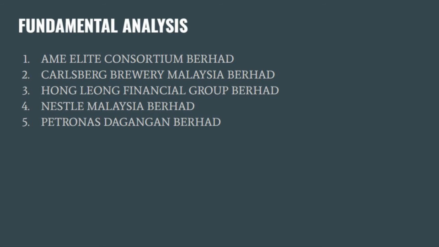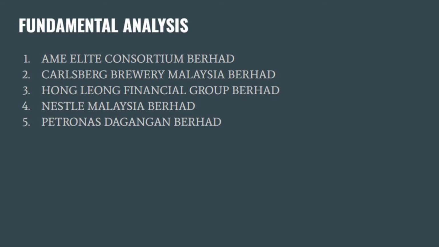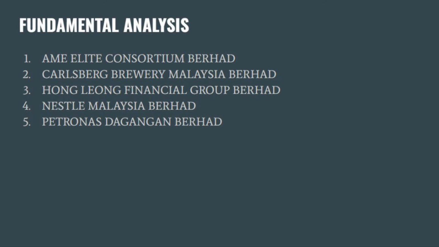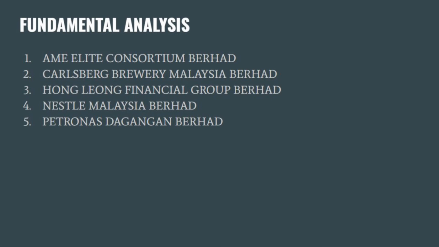Next, Hong Leong Financial Group Berhad demonstrates that they were able to improve their performance by recording an increased trend for total asset, total liability and total equity. There is a decreased trend on revenue, gross profit, operating income and net income of the company from 2019 to 2020. As for the liquidity ratio, it was not available in the annual report of Hong Leong Financial Group Berhad. The company's ability to generate income from its asset, equity and sales is deteriorating, which is bad for the investors. Earnings per share and dividend per share are both declining.